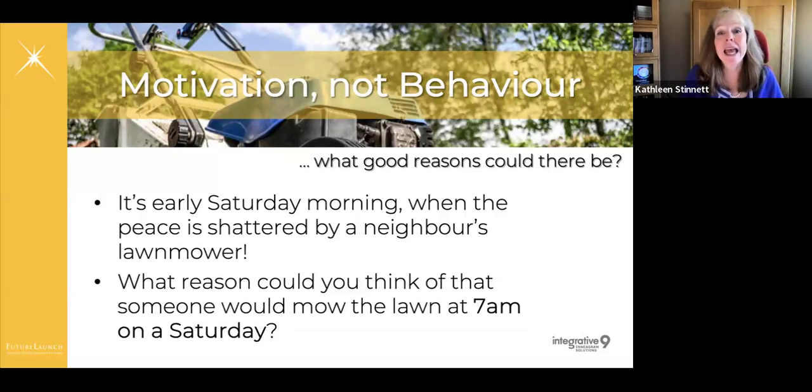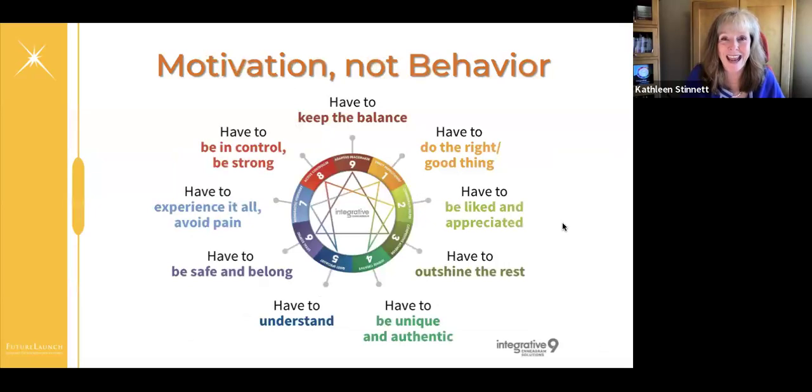And of course, there could be any number of different reasons. One person might be entertaining. They want their lawn to look good. Somebody else might say it's cool earlier in the day. It's going to be too hot later. Maybe that's the only window of time somebody else has. And finally, somebody might choose to do that to get even with their neighbor who is partying until 2 in the morning. So the behavior is the same, person mowing the lawn, but why they're doing that behavior is very, very different. And so what the Enneagram reveals to us are our deep, driving, habitual motivations that, of course, then show up in our thinking and feeling and acting.